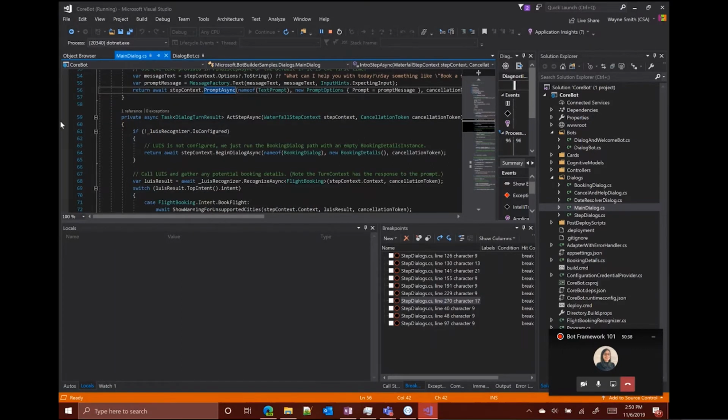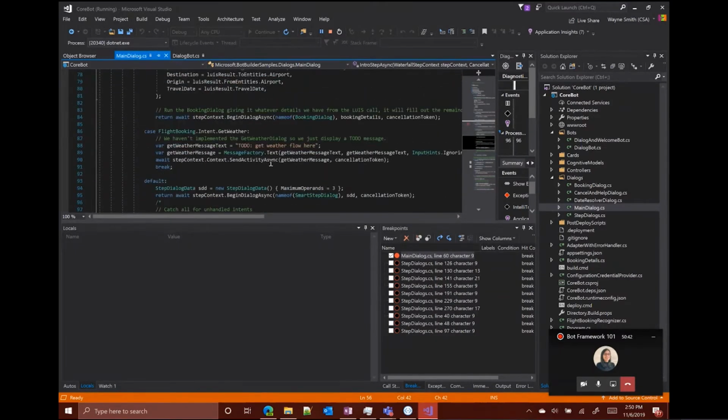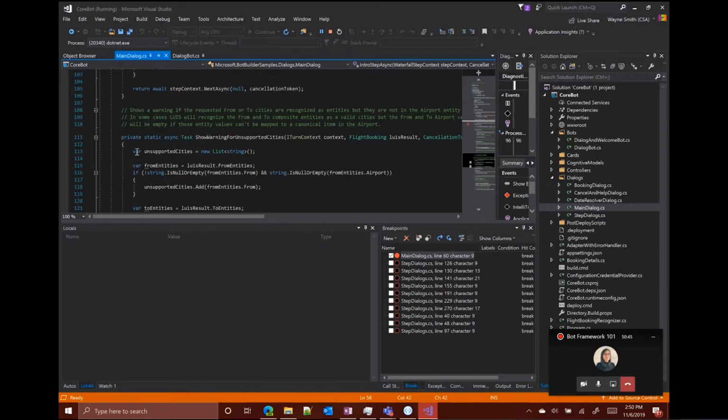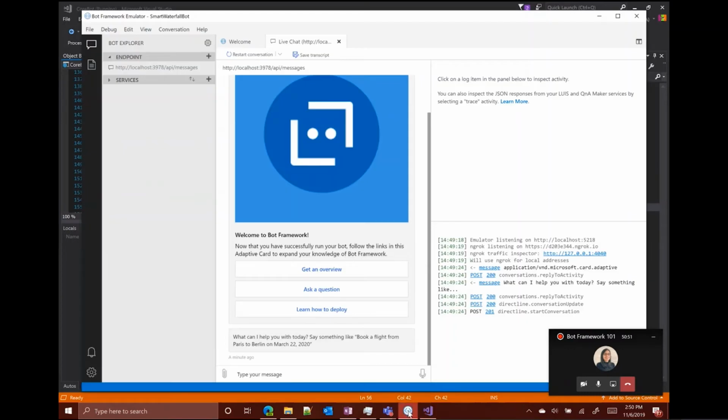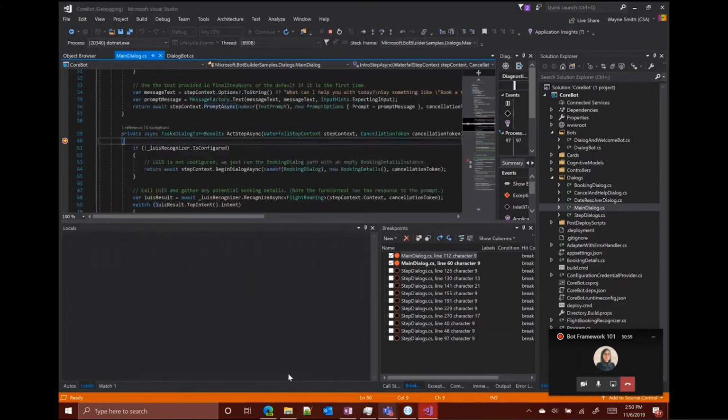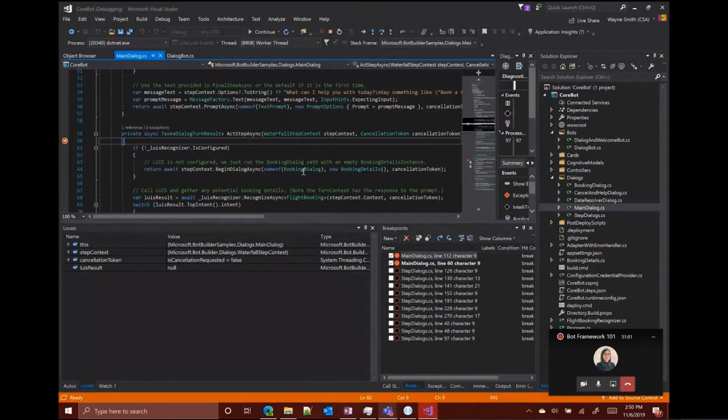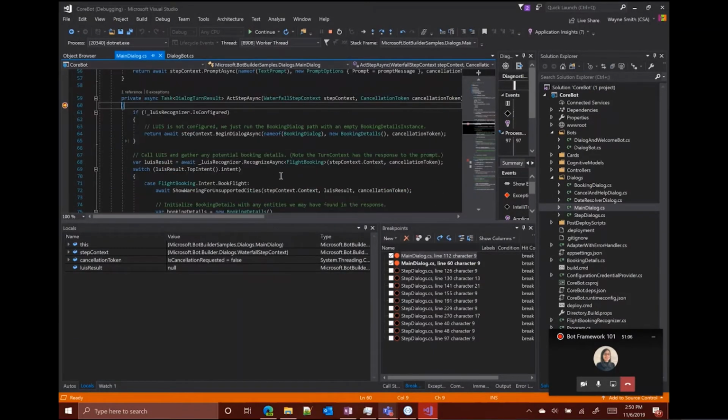Now I'm going to go ahead and put a breakpoint in on the next one. This is act step. And then I also put a breakpoint in to show unsupported. So each of those is going to be different. But I, as the user, I'm going to come through and I'm going to say, calculate. Okay. So we see we're in this breakpoint, we're in this act step, which is that second step we